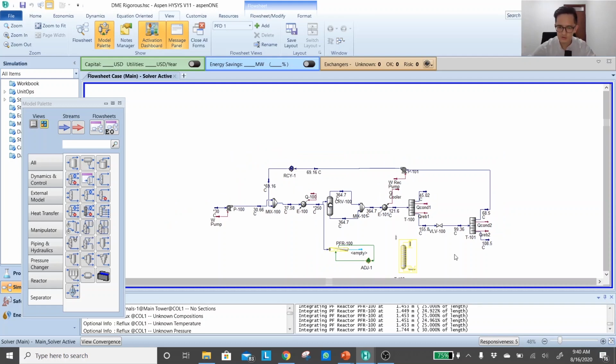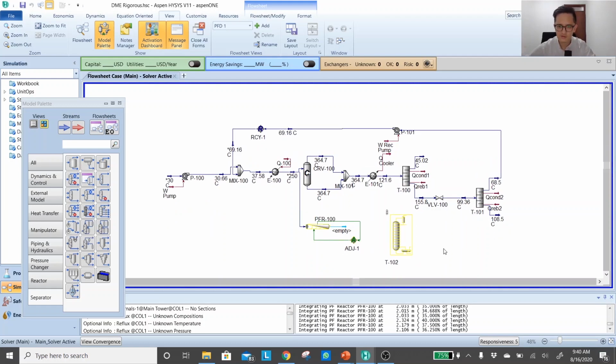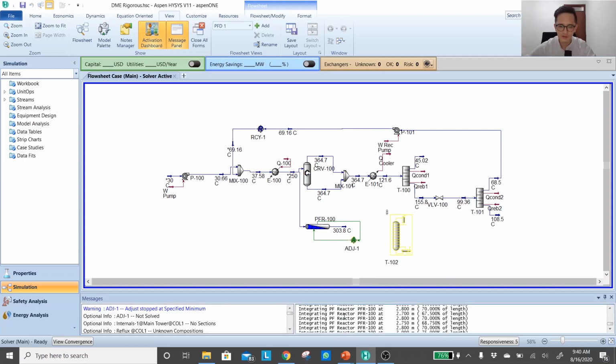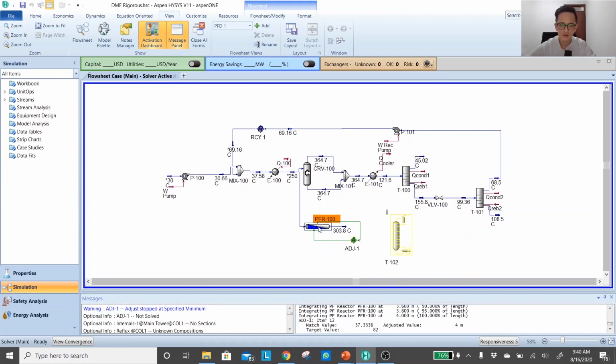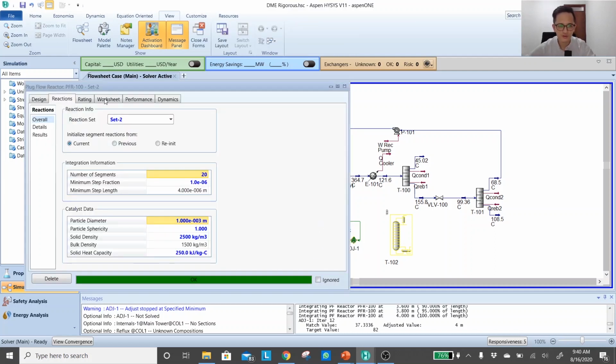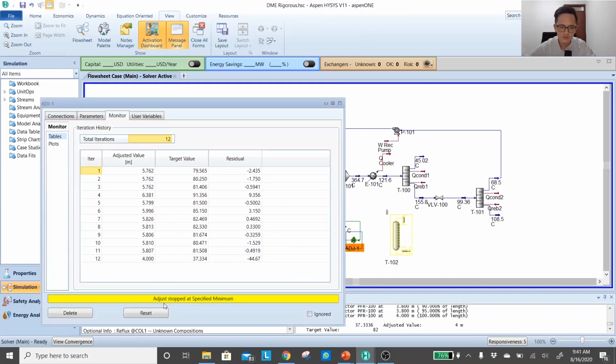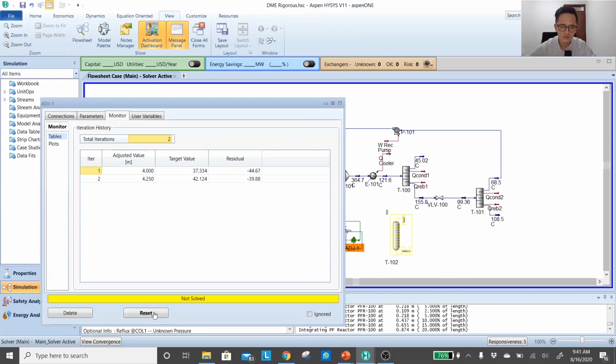You see that if you find that some of the rigorous equipment annoys you, for example, this one, we don't connect anything with the plug flow reactor, but they want to calculate something because of those additions, you can ignore this equipment for now. Okay, we've already finished the sizing. Okay, let me see what's the problem. Adjust variable, reset.